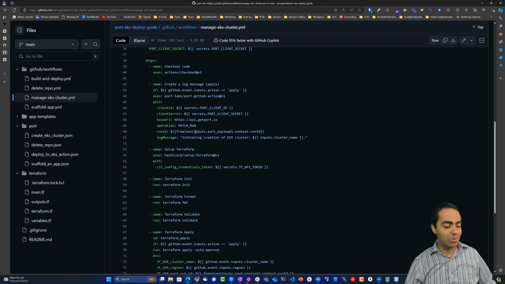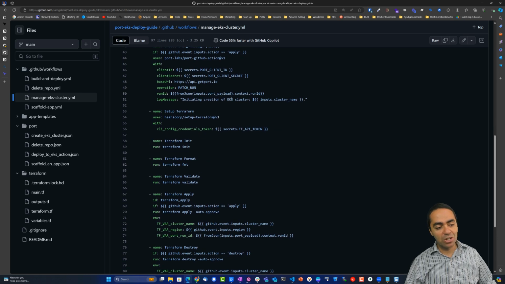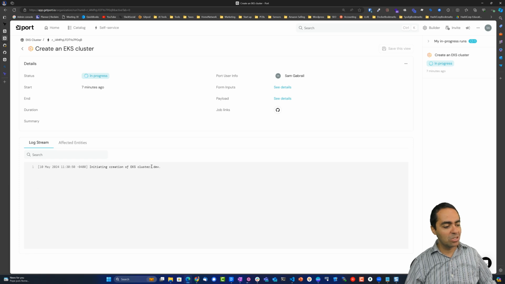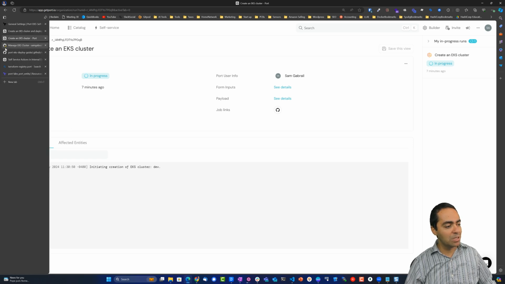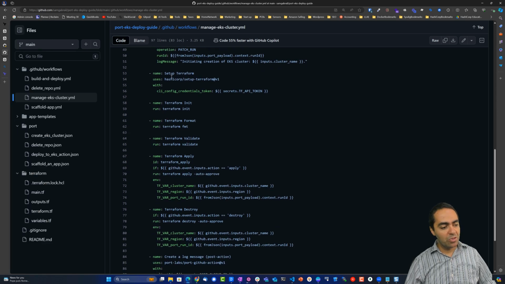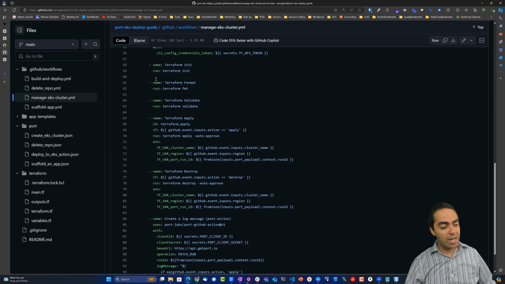Again, you have to write a plugin or look for a plugin. The first log message is initiating the creation of the EKS cluster dev, using inputs.cluster name. Then we've got our setting up of Terraform with the secret TF API token for Terraform Cloud,